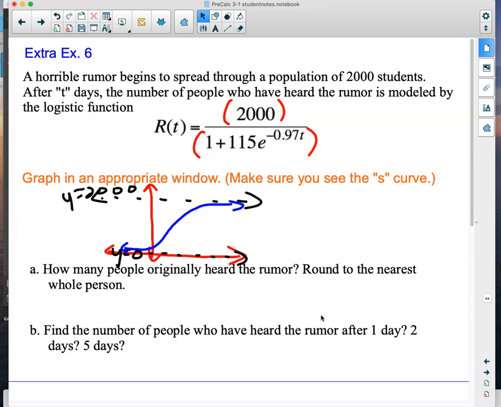Oh, well, that's interesting. So they're suggesting that maybe it just wasn't one person talking to another person, that there might have been a group of people standing around. And that's all part of our objective of understanding the population growth. So if I take a look at this one and I think, well, it started when time was, I guess, 0. That's when everybody was standing around and they were talking about this. So it would be 2,000